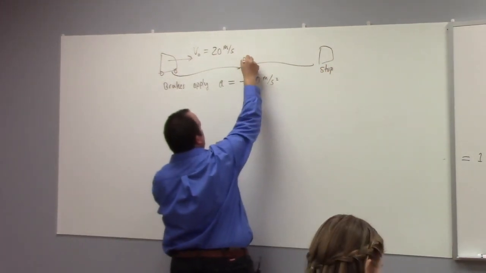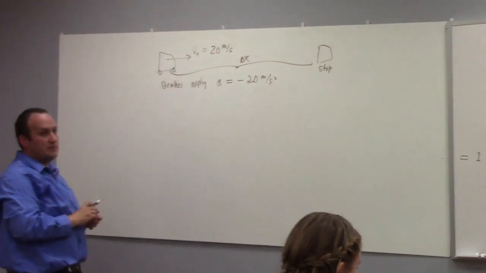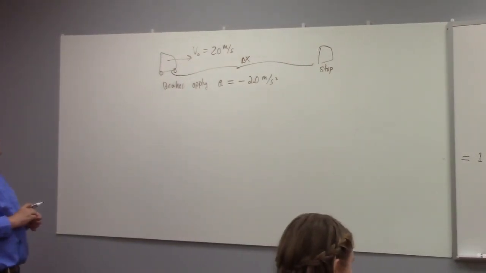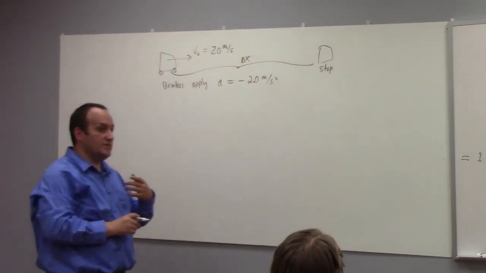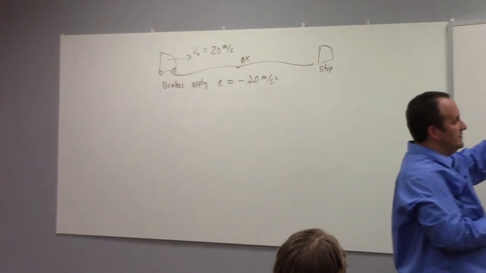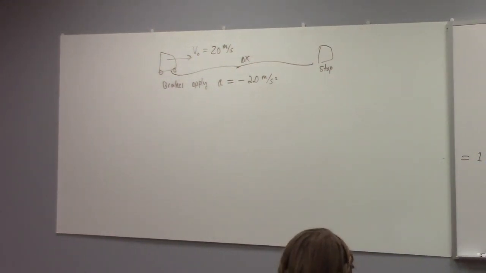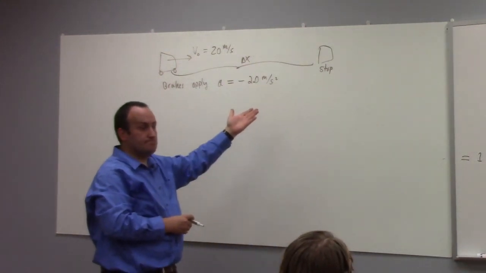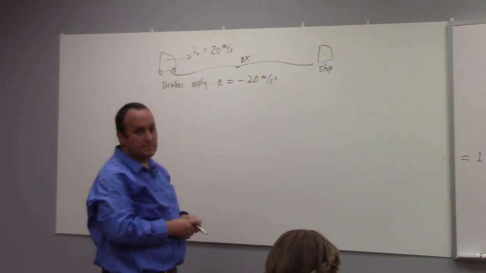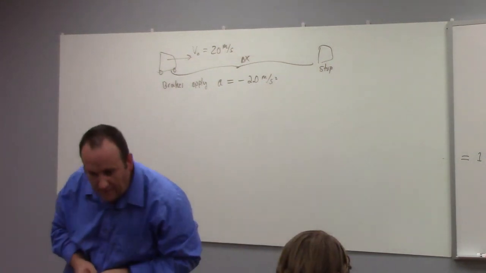So what's the delta x here? How would you solve this problem? What's the right tool for this one? Now, we could certainly use the top 2 kinematic equations, which involve time, right? You can work with these equations and figure it out like that. But I'm telling you, this problem is tailor-made for this equation right here, because we don't care about time in this problem, right? So the question was, what's the stopping